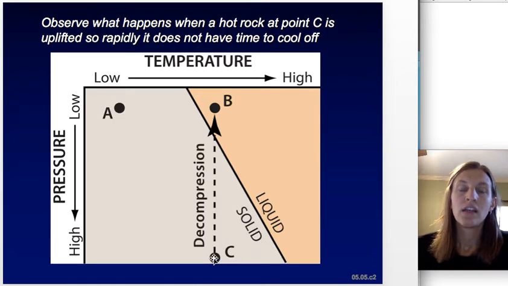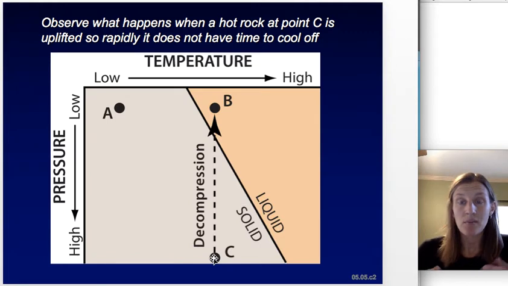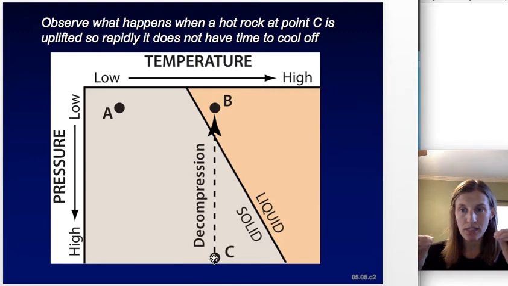Okay. So I want you to observe what happens when a hot rock, say at point C, is uplifted rapidly and it doesn't have time to cool off. We call this decompression. So think about, say, a mid-ocean spreading center as you're pulling the two plates apart. What's happening there is you pull it apart, and the rocks beneath it suddenly